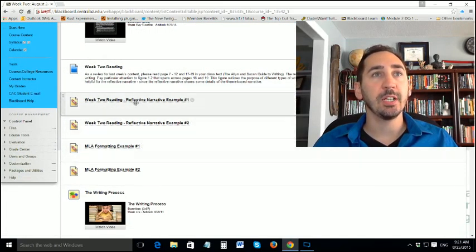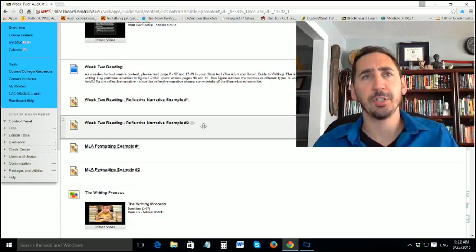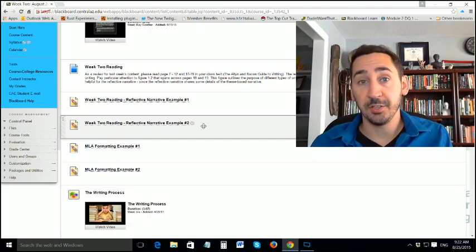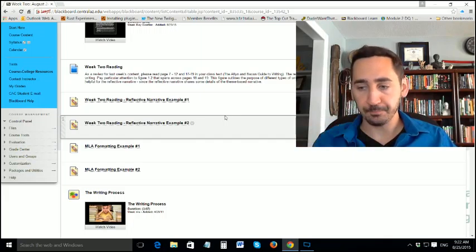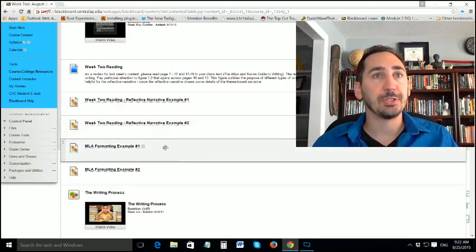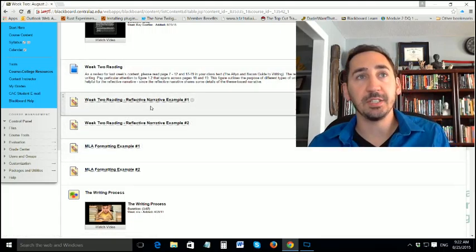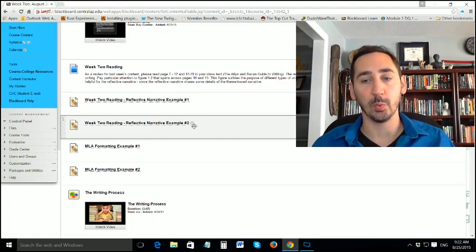Let's see, week 2 reading. Here's an example of a reflective narrative. Here are 2 examples. Now, you don't have to read all of them. I'm not going to give you a quiz on the reading. It's really for your understanding. All the quizzes are application based, because you're writing essays. Every project, and I guess I should say they're more project based, because every unit, every couple of weeks, you have a project due that's an essay, and if you know how to do these things, you're going to do well in the essay. So you don't have to read all the reading, but these, the reflective narrative example 1, reflective narrative example 2, they provide examples of how to write a reflective narrative, and they're kind of the gold standard for what you're striving for.